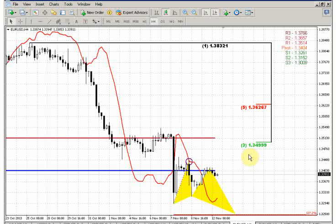That forces us to take a different view on the current situation and the pennant, because when the pennant is forming at significant support and oversold, as you can understand, the chances that it will be passed down and the market will break it to the downside and just freely continue the move to the downside are really small. Vice versa, this means that the opposite breakout of this pennant is more probable when the market forms it at significant support or resistance. Now it should probably be treated not just as a pennant, but as some kind of contraction of the market,